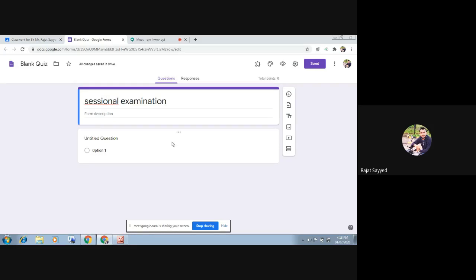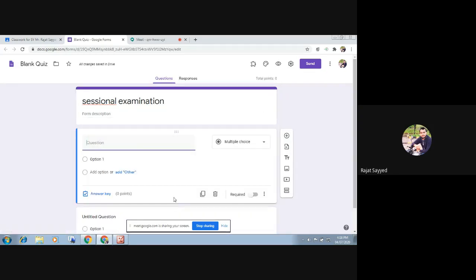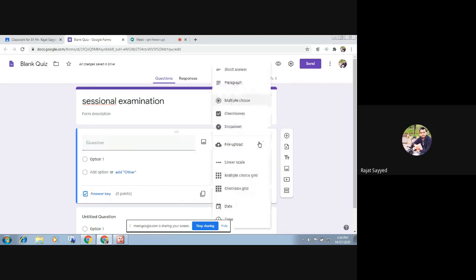And now here is the next part. The plus button helps you to add the questions. When we click on this plus button, a new pop-up window will open, and in that pop-up window we can write our question and we can write the options here. Now you can select multiple choice questions, checkbox type questions, drop down type questions, or you can select linear scale or multiple choice grid questions. This much you can create in the objective type of examination.